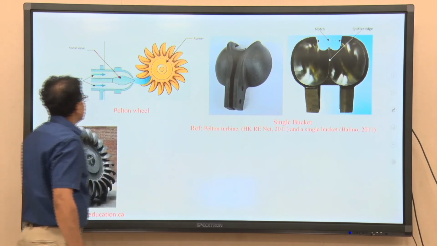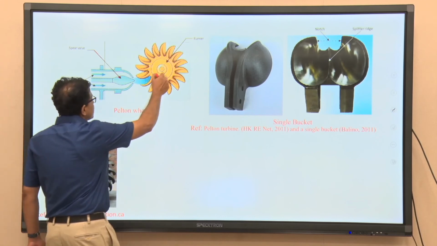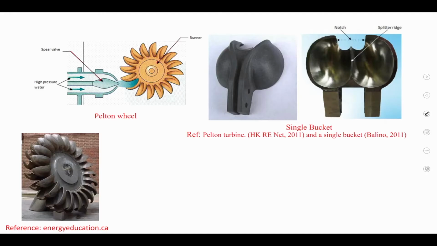So, you can understand the blades, this is basically the runner. This is the hub and this is the disc. This is also a disc, and a few blades are mounted on the disc. Basically the hub and a few blades are equipped with the hub. In the context of an impulse turbine, these blades are very commonly known as buckets.